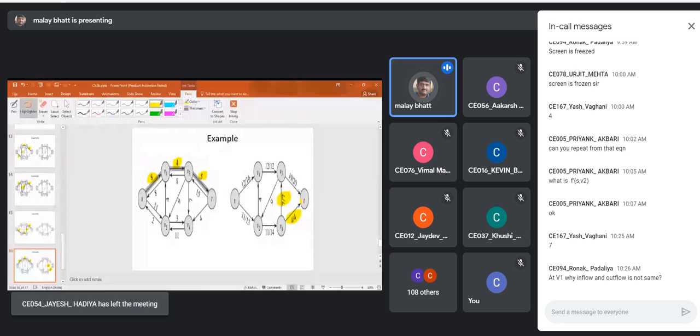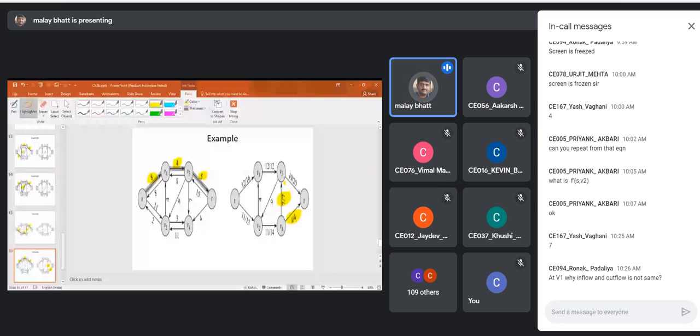Then I have to pass through V4 or V3. But V4 is already utilized. There is no remaining capacity from V4 node. Clear? So from V4 to V3, it is already utilized. From V4 to T, it is already utilized. Clear? So there is no path from S to T via V4. Is it clear?